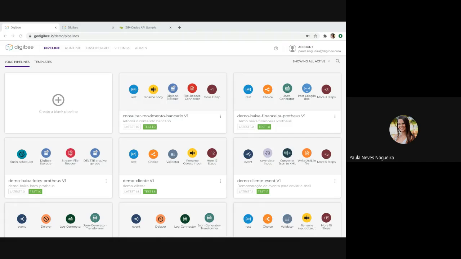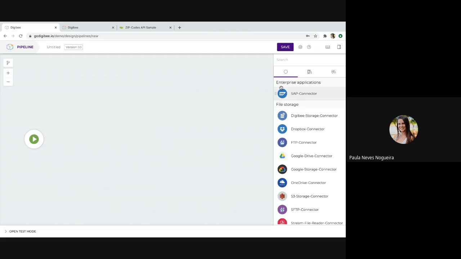Today, we're going to show you how to build a pipeline in Digibee's platform. To start, click on Create a Pipeline in the top left corner of the screen. This will take you to our canvas, a space where you can drag and drop your components to create your